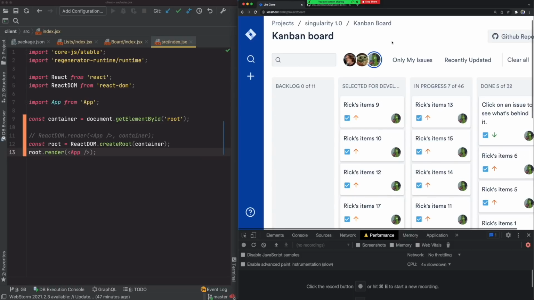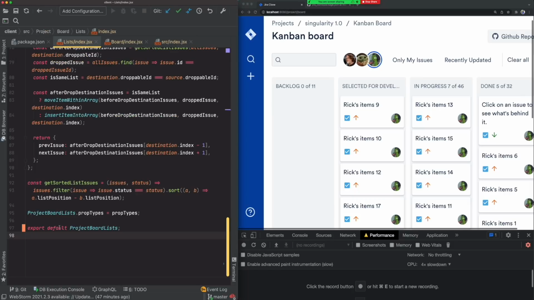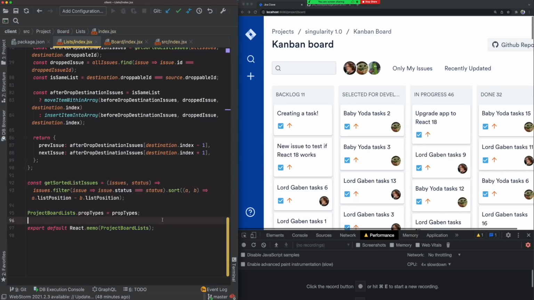So let's see if we can use a React 18 concurrent feature to fix that. I think one of the optimizations that comes to mind, even before React 18, is React memoization. So let's first try adding React memoization. I have a board list here. I'm going to add React memo to my board list. We did add React memoization here, but this won't fix our problem because the list does re-render every time a filter is clicked.